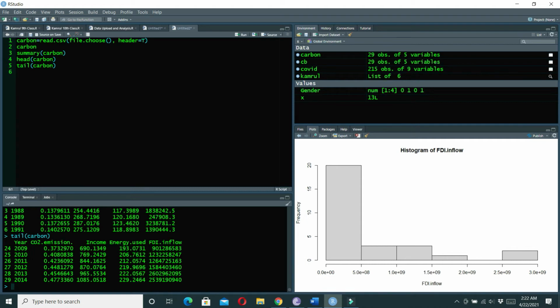Now if you want to see some specific rows, then you need to write a specific command. For that we are using the vector command.